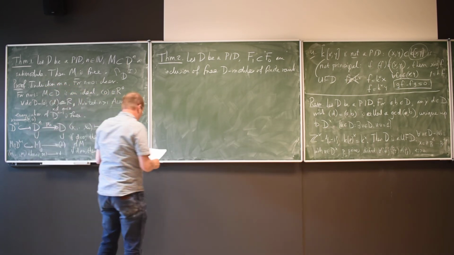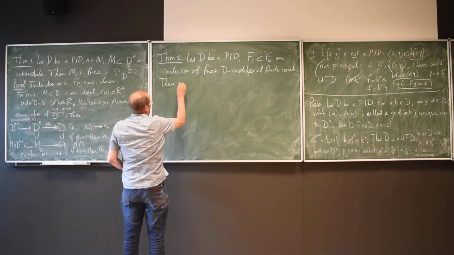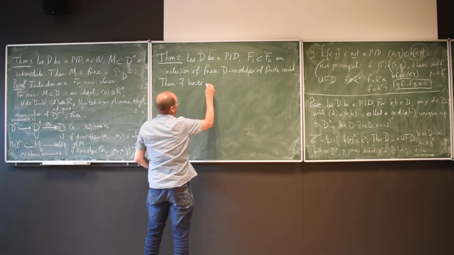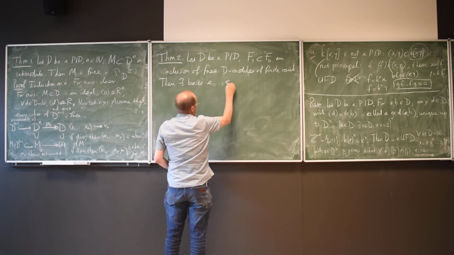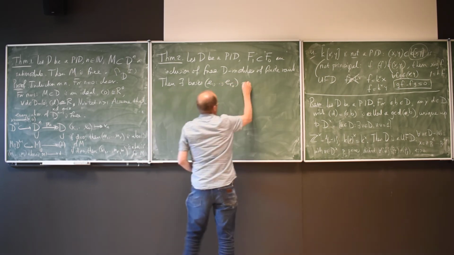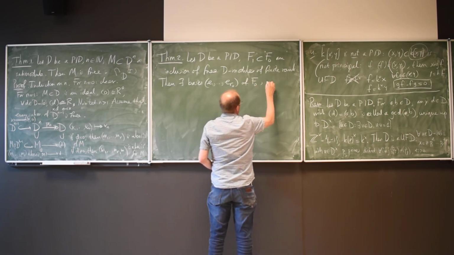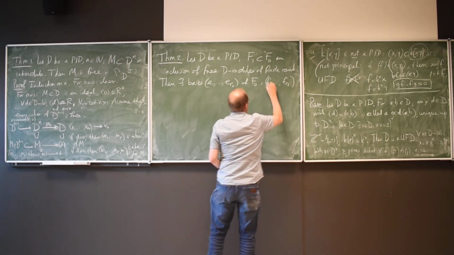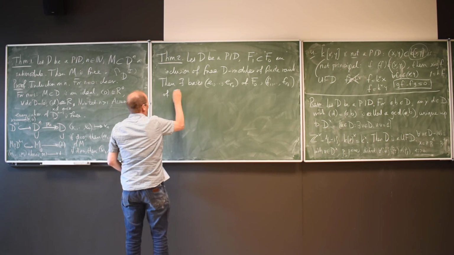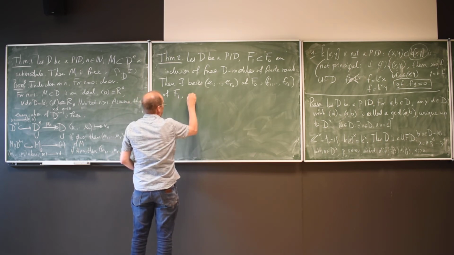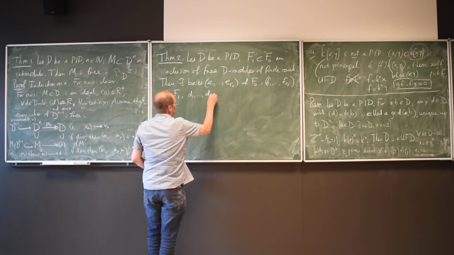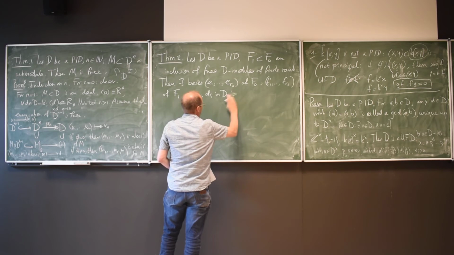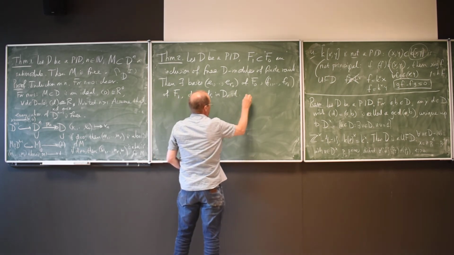What I claim is that then there exists bases E1 up to ER0 of F0, F1 up to FR1 of F1, and elements D1 up to DR1 in D minus 0, well that follows by itself,